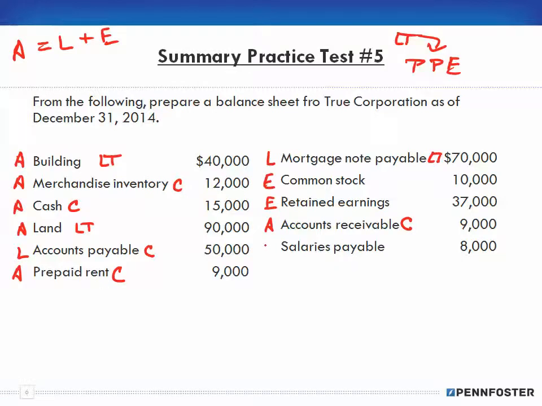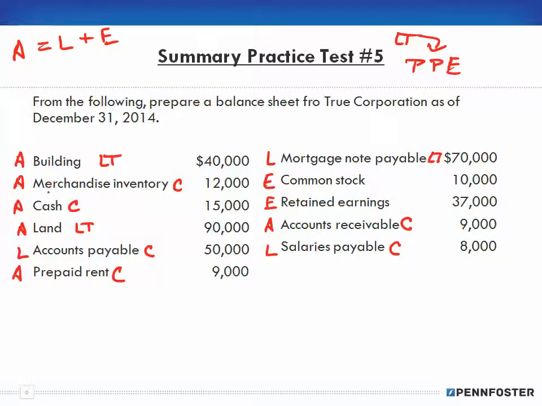And for the salary payable, that's what we owe, salaries payable. Whenever you see the word payable, that always is going to denote a liability, okay? So salaries payable is a liability, and since we're going to pay those relatively quickly, within a month, and remember the whole definition of current is between now and the next 12 months, okay? Well, obviously, I'm going to pay those salaries off in less than a month, so that makes them current. Okay, so